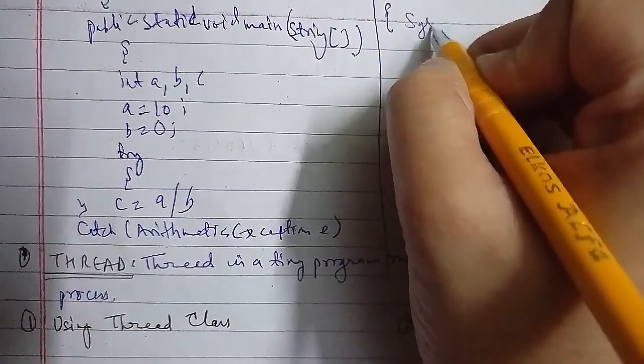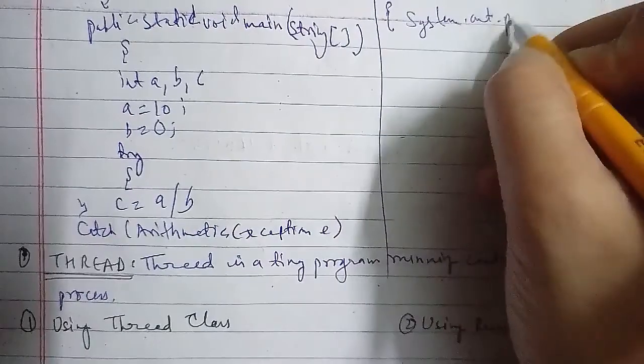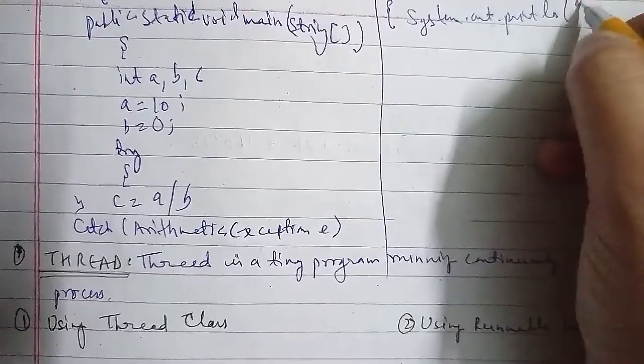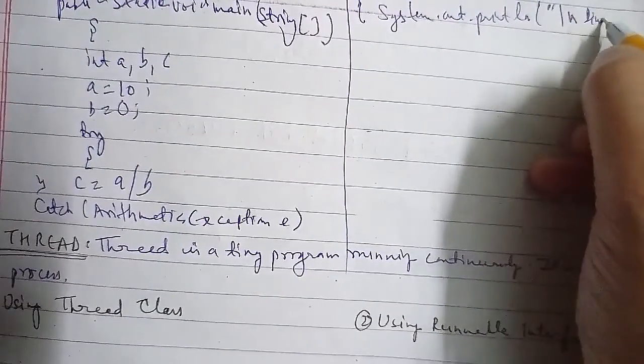So this is how the exception is handled using the catch block. Closing the bracket, System.out.println, slash n,